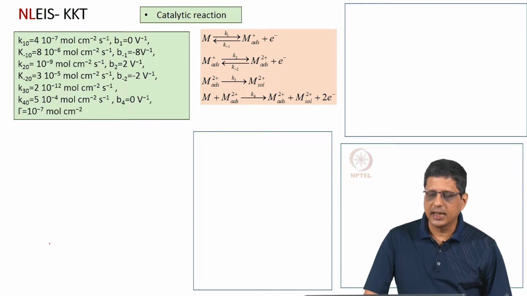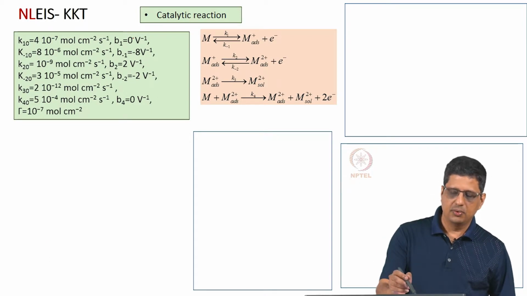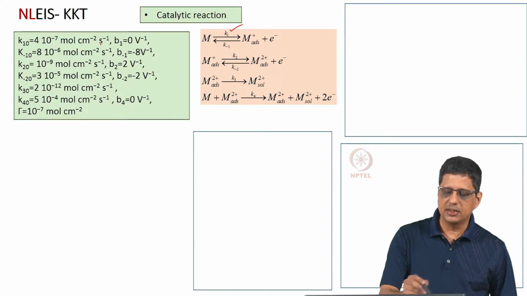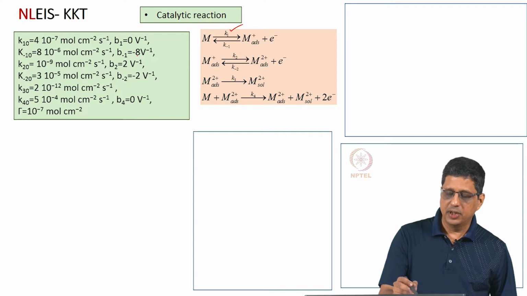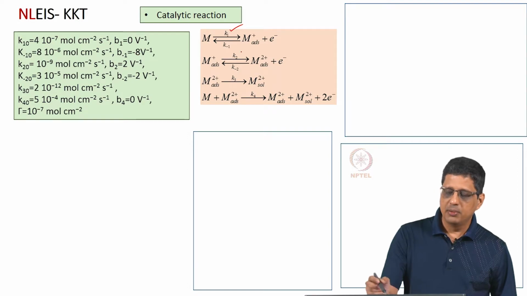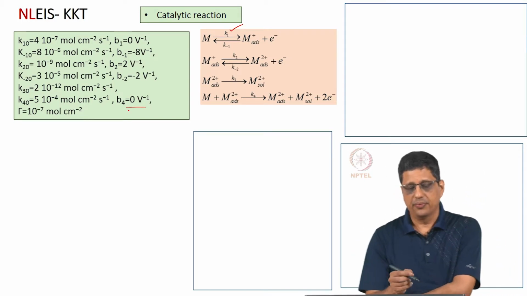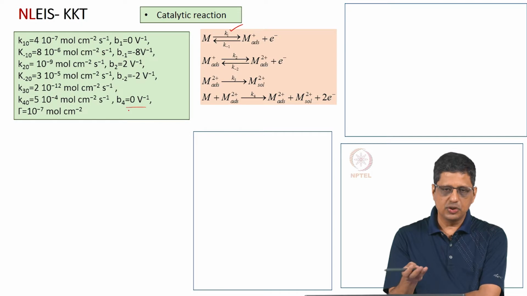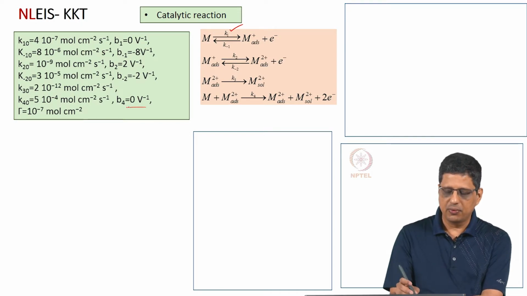Now, the third part is the catalytic reaction. So, set of kinetic parameters here, B1 first reaction, forward reaction is with 0 volts, that means it is like a chemical reaction, although it is an electrochemical reaction, we say the transfer coefficient is 0. Reverse is minus 8, the reverse reaction will decrease with an increase in potential, therefore, it has a negative sign. B2 is plus 2, B minus 2 is minus 2, B3 of course is a chemical reaction, and B4 even though it is an electrochemical reaction, we are setting the B4 to 0. This is one set of kinetic parameters. Of course, you can try for a wide variety of kinetic parameters.